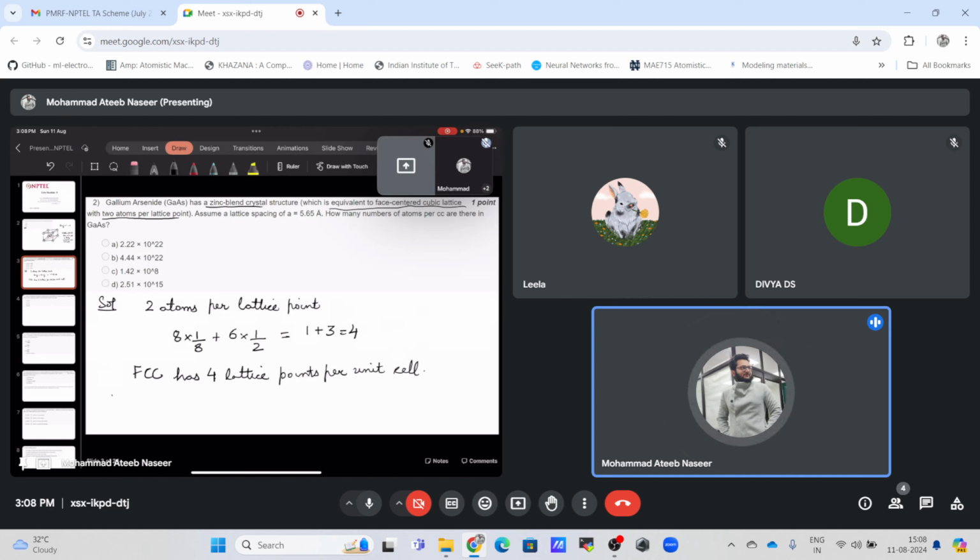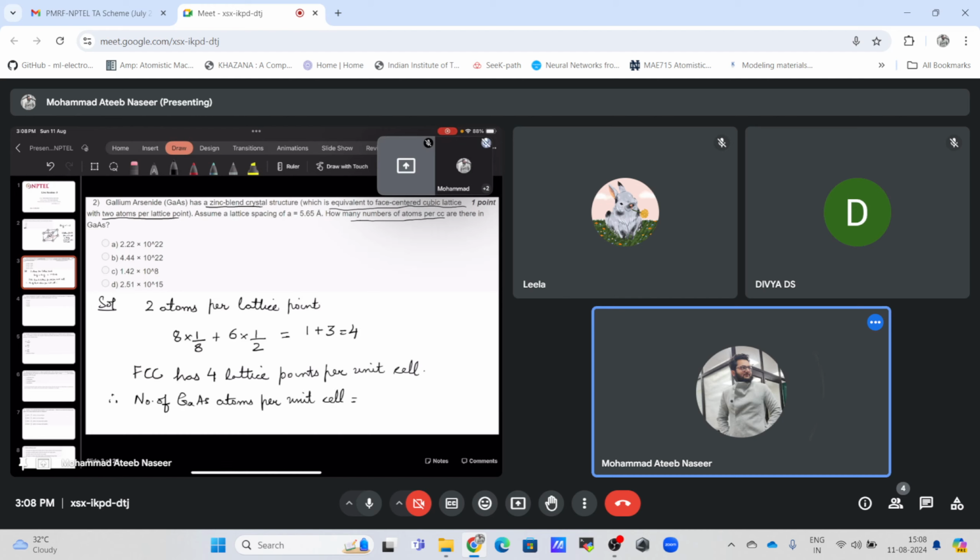So now we have to find the number of atoms per cubic centimeter. That is, we have to find the number of atoms per unit volume. That's what is meant by per cubic centimeter. So the total number of gallium arsenide atoms needs to be found first. So the number of gallium arsenide atoms per unit cell